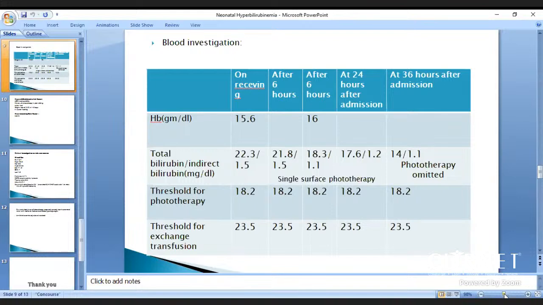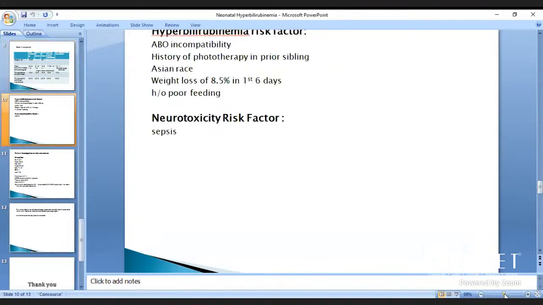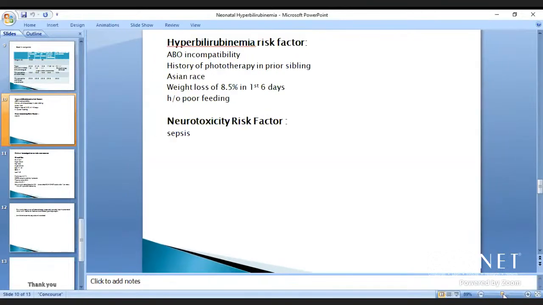At 36 hours after admission, our total bilirubin is 14 milligram per deciliter, which is out of the range of plus or minus 2 milligram per deciliter from threshold phototherapy. So we omitted phototherapy. According to the new guideline, in our case, we have a risk factor in which hyperbilirubinemia risk